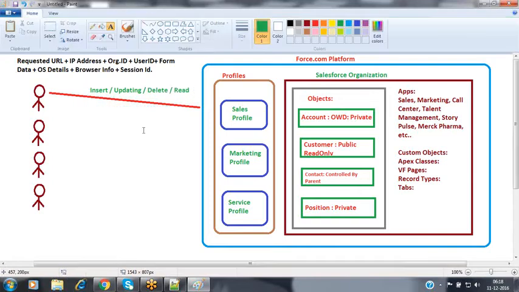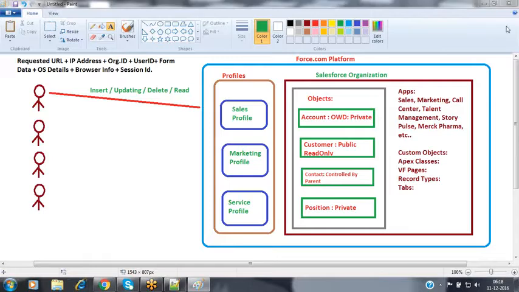At that time, whenever the user makes a request, first of all, the request has to be forwarded to the Force.com platform. Now the Force.com platform verifies whether this user has the rights to perform this operation inside this organization or not. It will verify those rights.